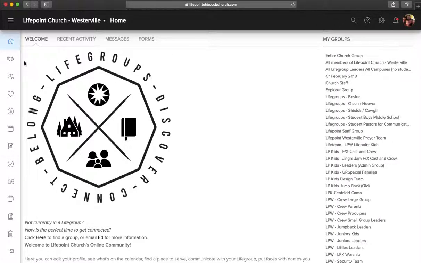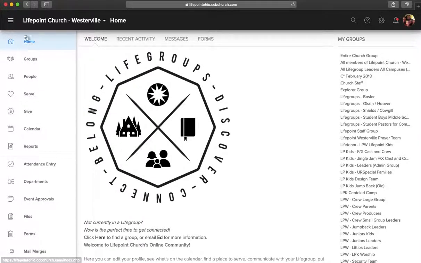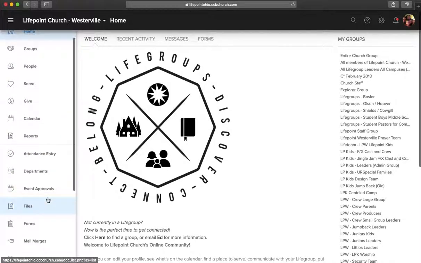So if you come over here, you've got some options. If you don't know what those options are, you can actually click here on the three lines, and that'll open them up and give you a little bit more explanation. Depending on what your access is, these will vary, but if you're looking at this, you should have a tab that says mail merges down here, or it might be up here depending on what your access is. If you click on mail merges,